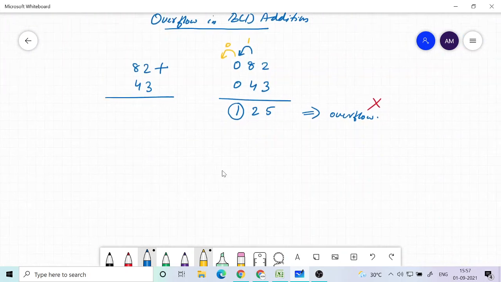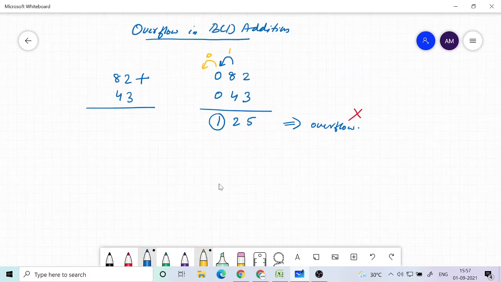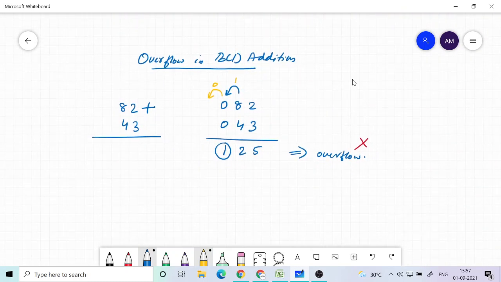Now the other case, let me just show you. That is when you add two negative numbers. For example, minus 40 minus 70. This result will also overflow, because it will go to minus 110.